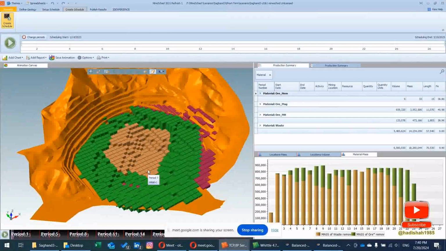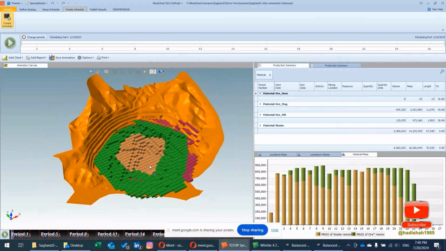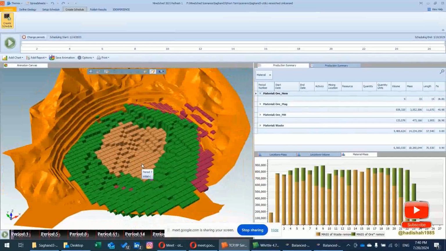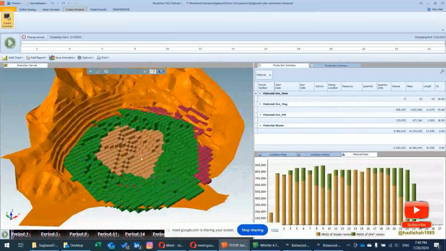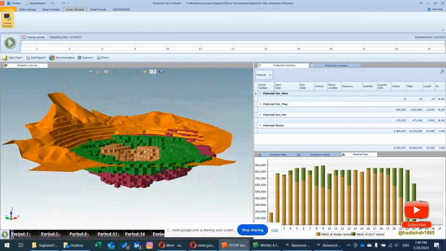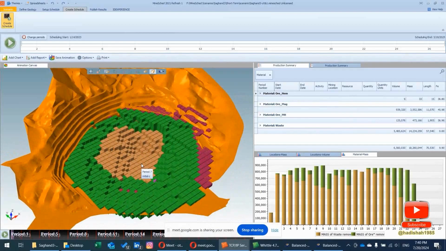After I created my pushbacks, and I've decided about what is possible about the mining rates and ore throughput to the process plant, as well as anticipated fluctuations in ore grade or qualities, as well as the costs, whether operational and capital costs, I can validate these results by tactical planning, and then add more details to these outcomes, and then pass it to operational